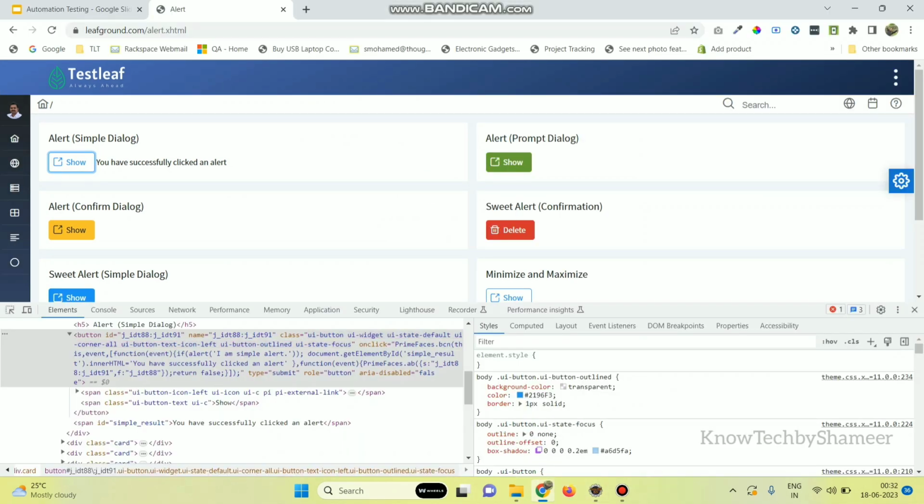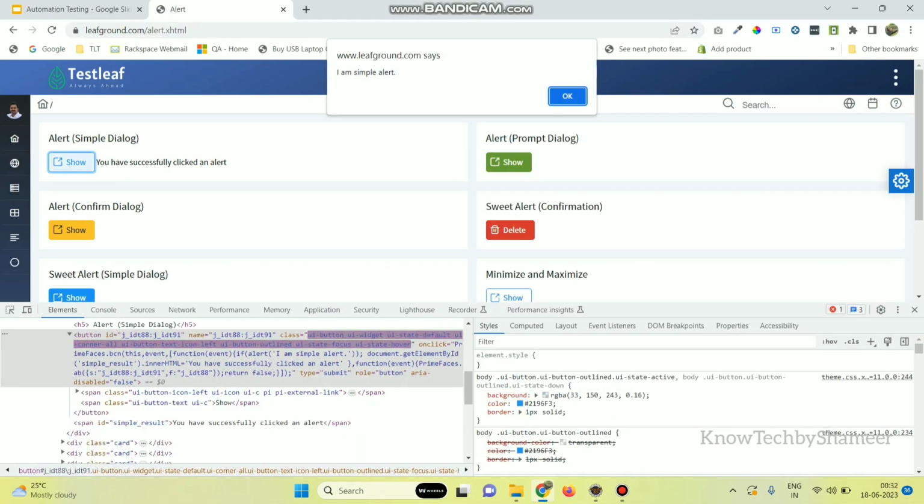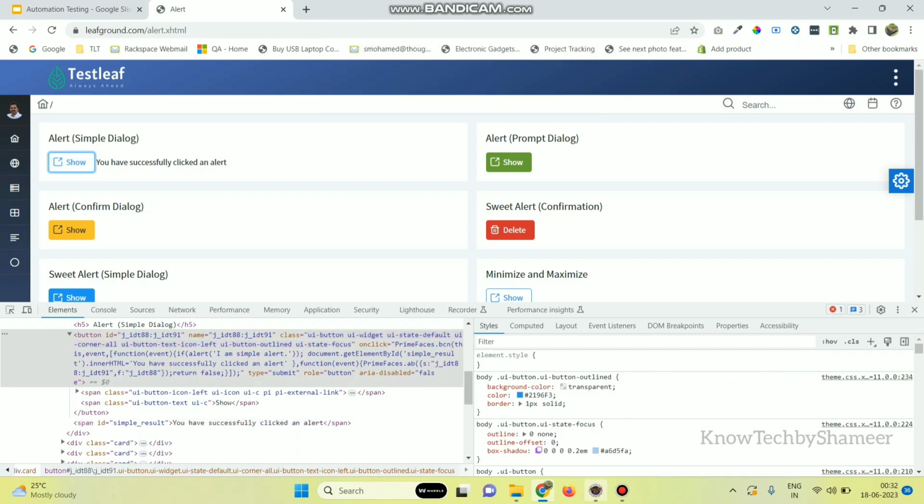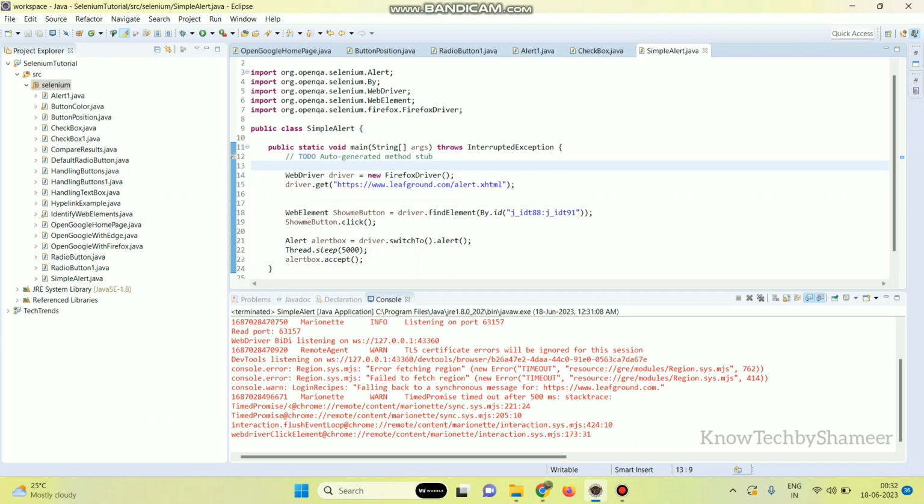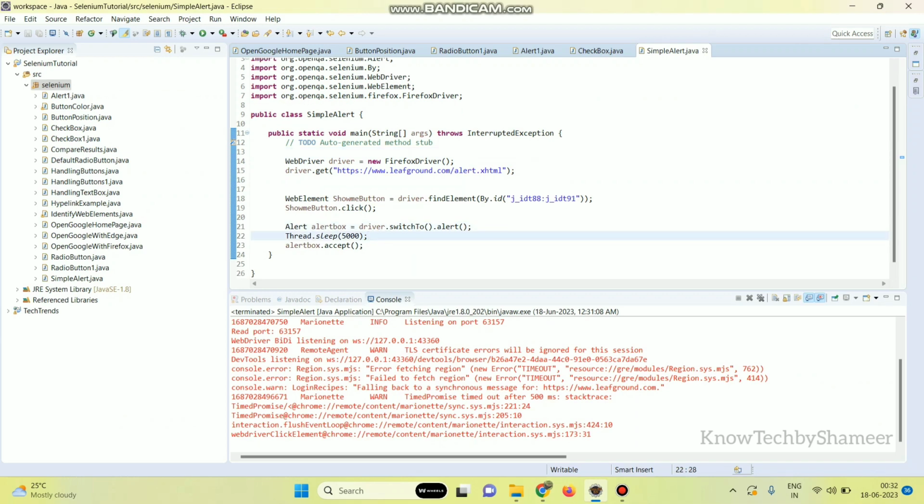Now we can see one more case. Click on this button and it will show an alert window. Here we have a text, "I am simple alert". We can see how to get this text in our console. So go to your script, before accepting this alert window,